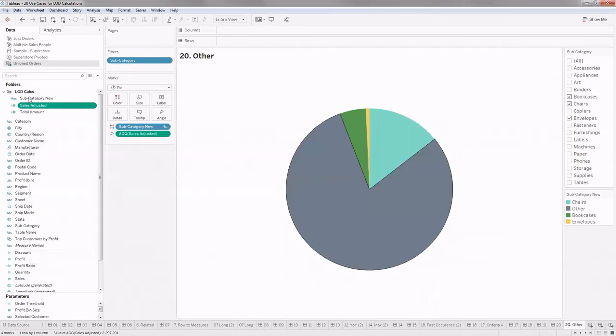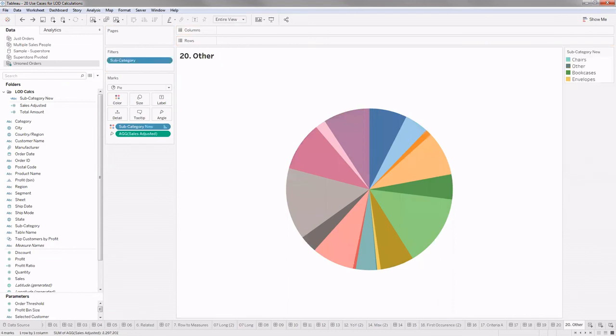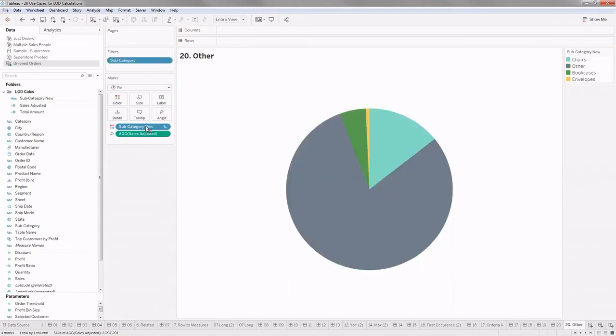Thereby, I will put my sales adjusted into angle and my subcategory new into color. Thereby I'm getting this other one. If I put subcategory into color, then my other will not be there. It will be again something like this. Okay, let me